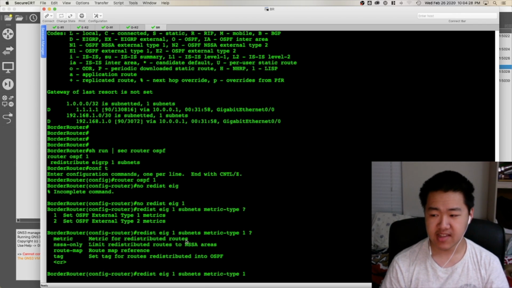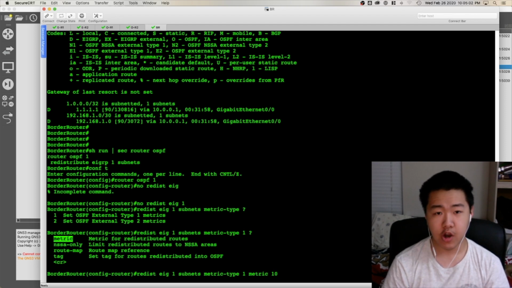Now, this metric keyword allows you to define a starting metric. When you're doing OE2 routes, OSPF external type 2 routes, your metric is not allowed to be modified by the intermediary routers that the type 5 LSA is flowing through, as I said earlier. This metric keyword ends up being your final metric, because if I say metric 10, and these were OE2s,